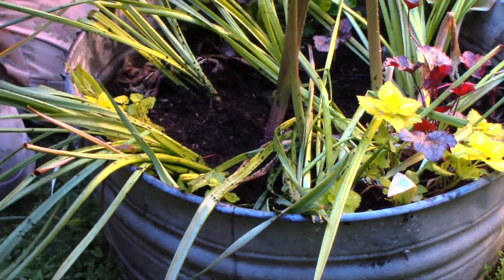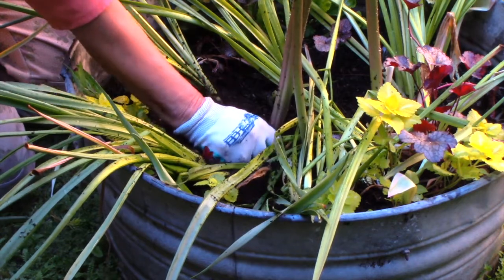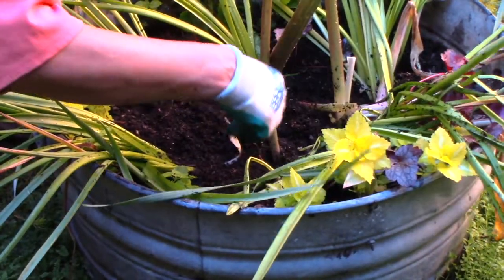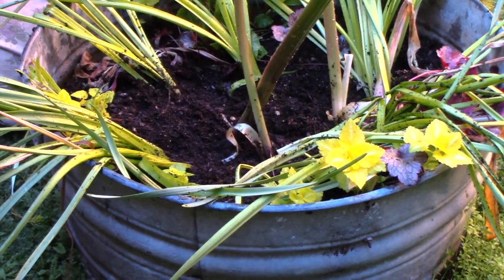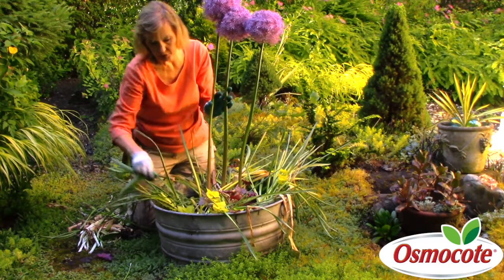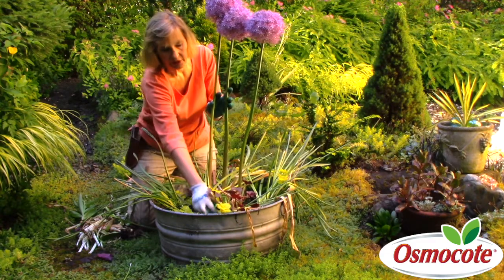So those leaves are mostly yellow. They're not making any more nutrition for next year's blooms. So it's okay to go ahead and pull off the allium leaves. And this is going to give me a much tidier look on this container garden, which now can be overtaken with, I put in here some golden allium right here